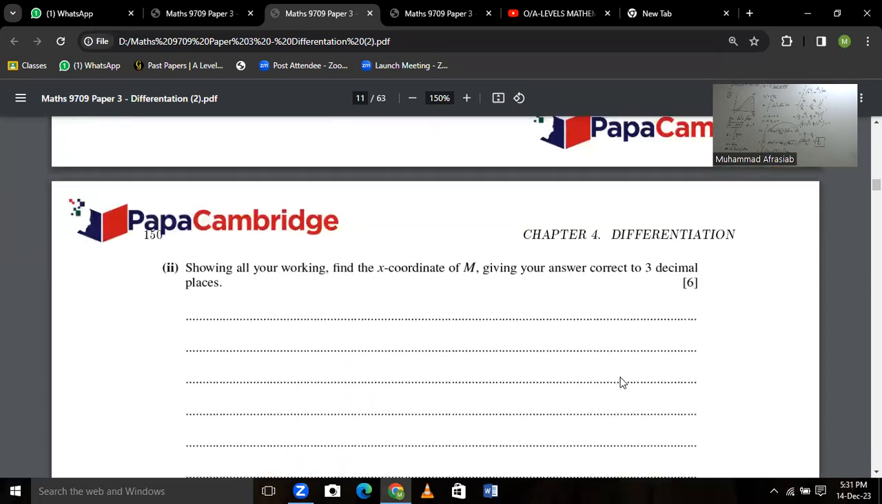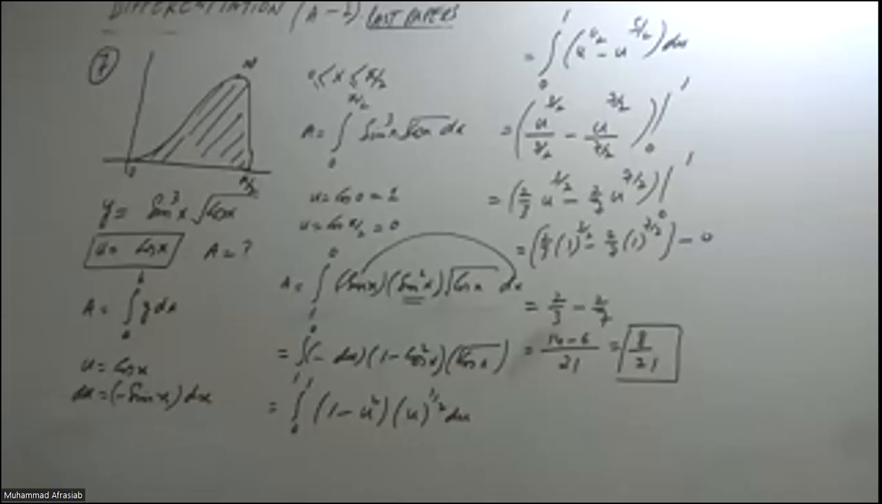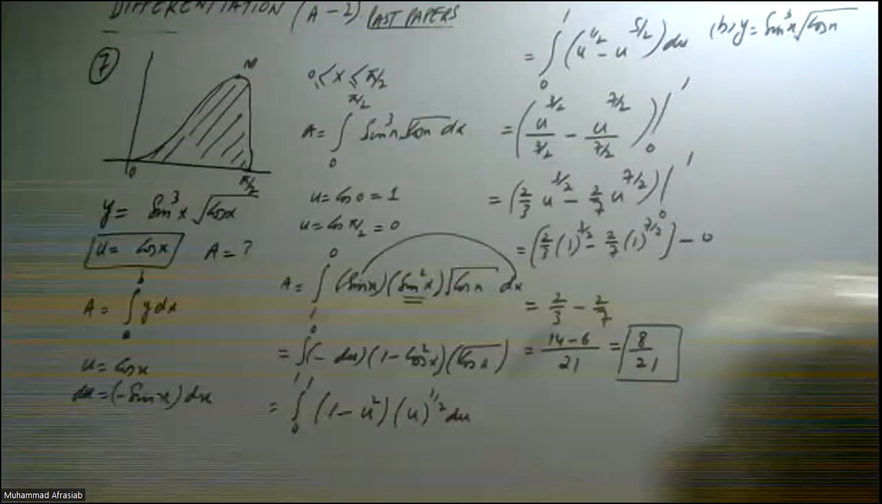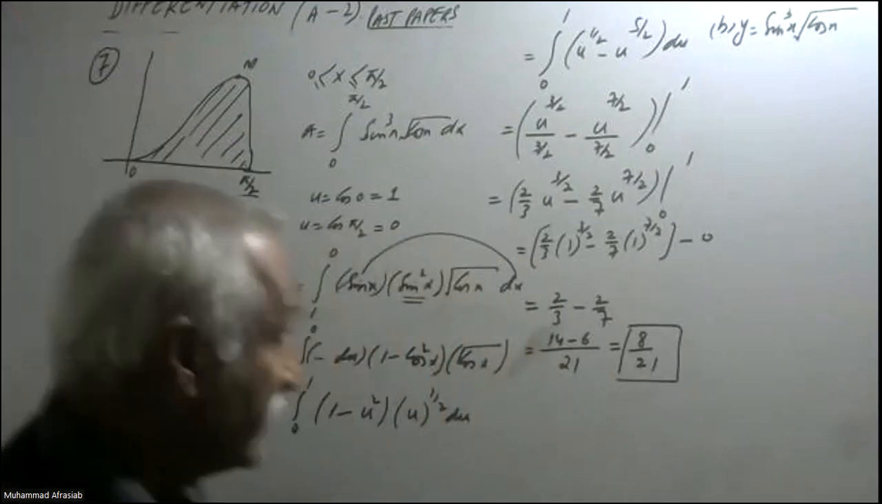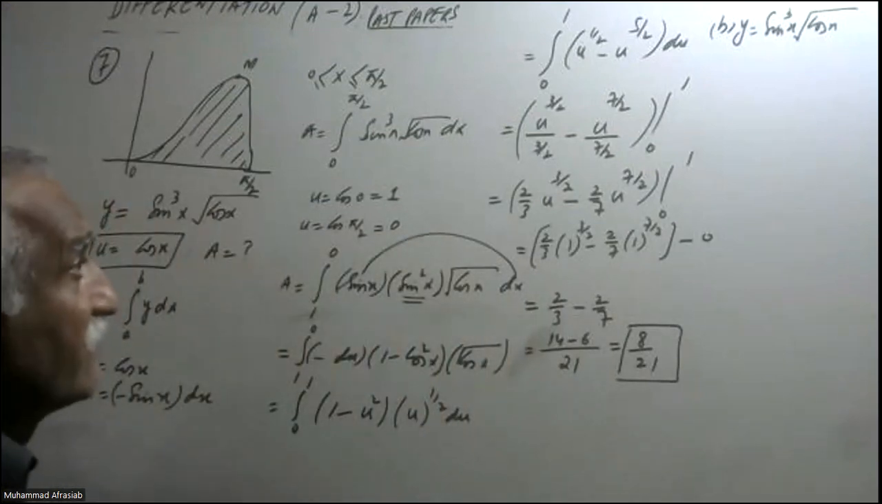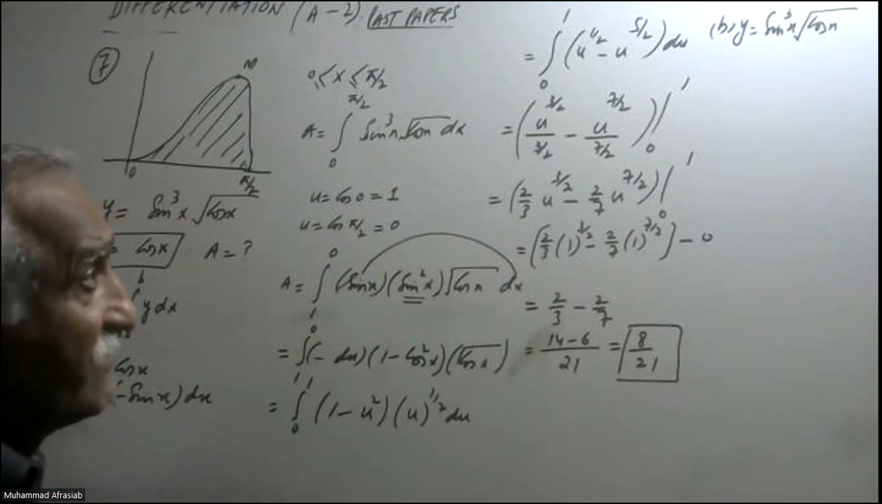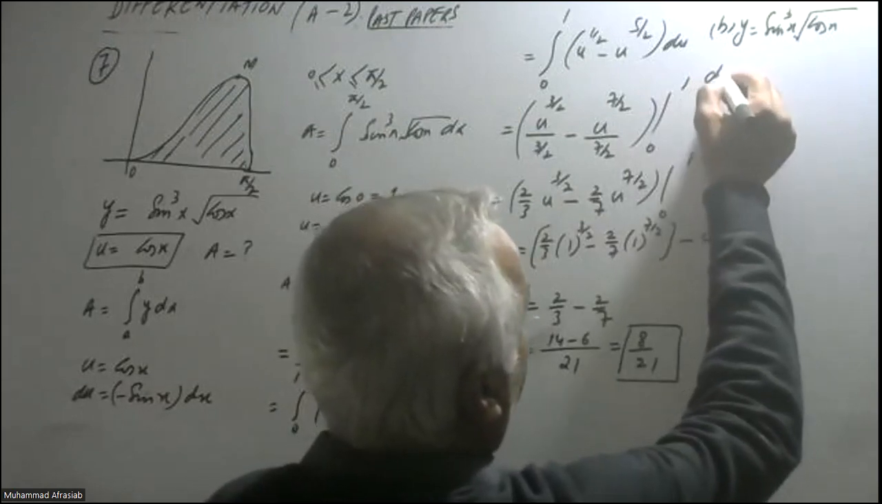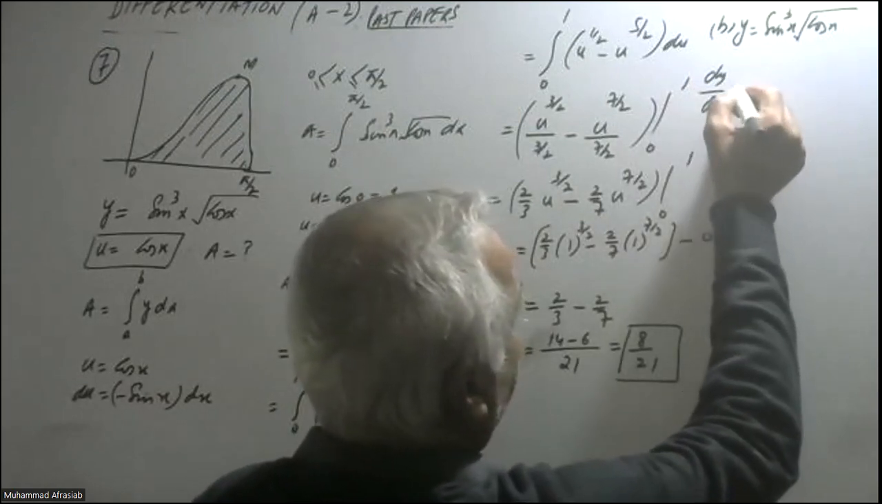Showing all workings, find the x coordinate of the point M, giving your answer correct to 3 decimal places. Since it is the product and you are finding the M coordinate, which is the maximum point of that, you will find dy by dx and then put it equal to 0. So for this portion, dy by dx is equal to